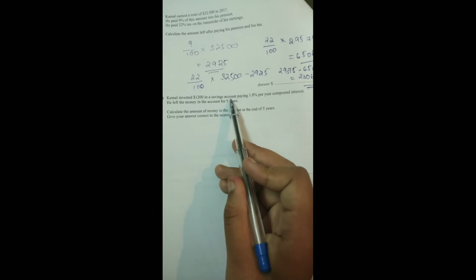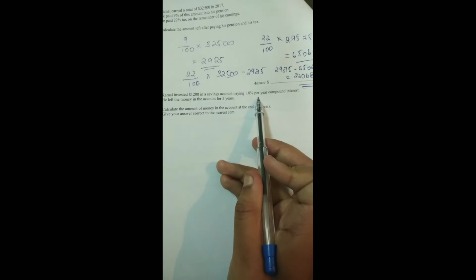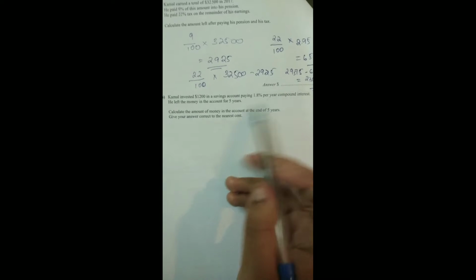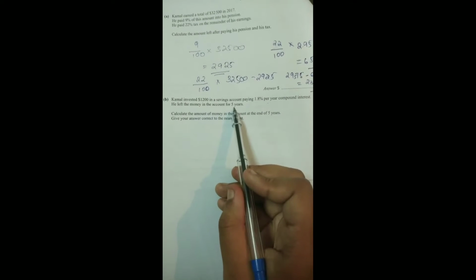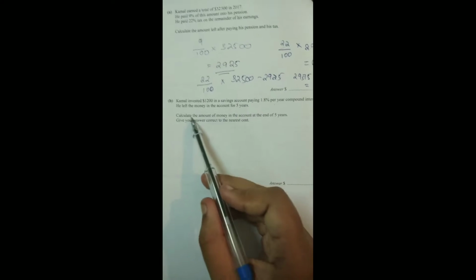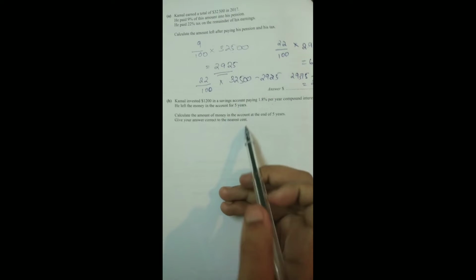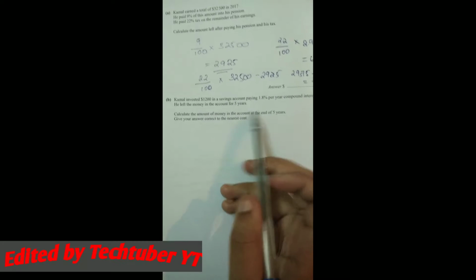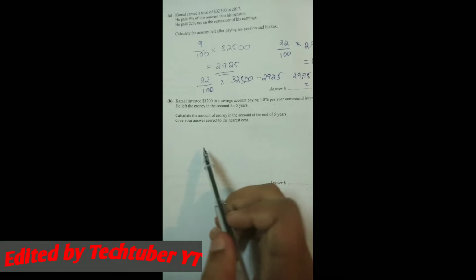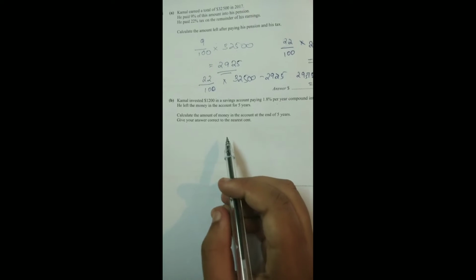$1,200 in a savings account, paying 1.8% per year compound interest. He left the money in the account for 5 years. Calculate the amount of money in the account at the end of the 5 years. Give your answer correct to the nearest cent. So he's saying that